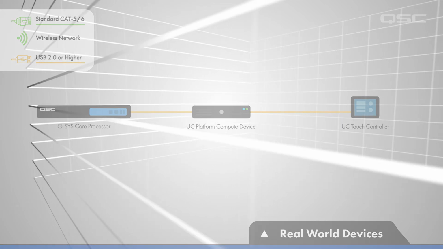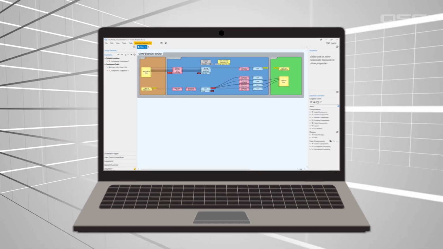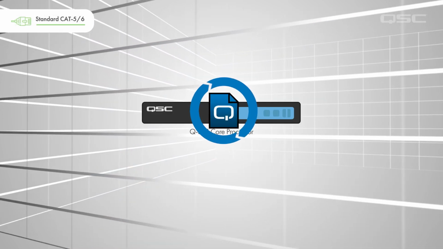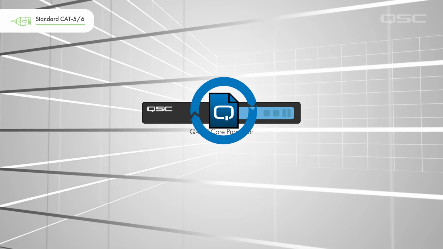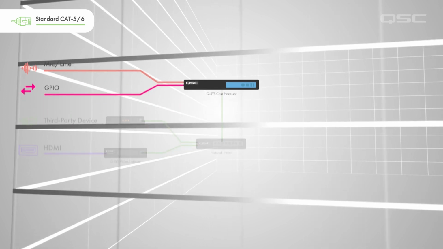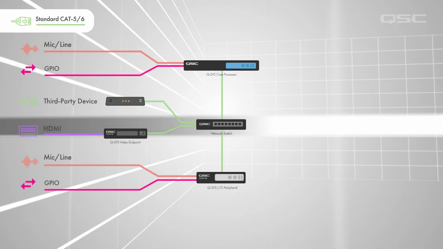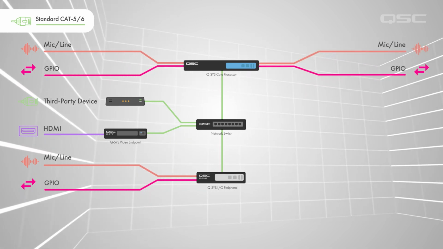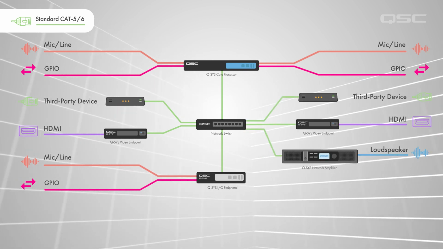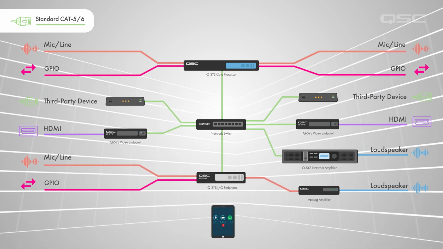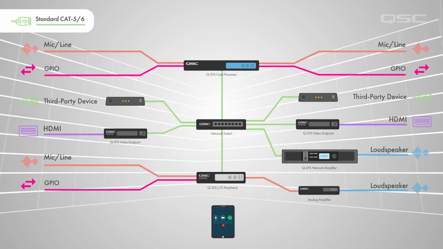So, in summary, designs can be simple or incredibly extensive, but these basic principles will always be the same. The QSys OS drives the design file on the core processor. Audio, control, and video enter QSys via core inputs, network connections, or network peripheral devices. After being processed by the core, audio, control, and video exit QSys once again via core outputs, network connections, or networked peripheral devices. And control of the system is provided to the user via a custom-designed user interface.